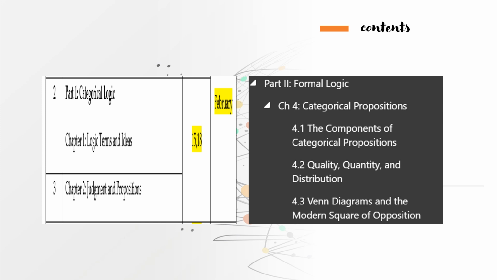So we are still in parts 2 and 3, which cover chapters 1 and 2 about terms and ideas, judgment, and propositions. Now, these discussions are reflected in chapter 4 of the textbook, which is about categorical propositions. Now, that is the reason why I